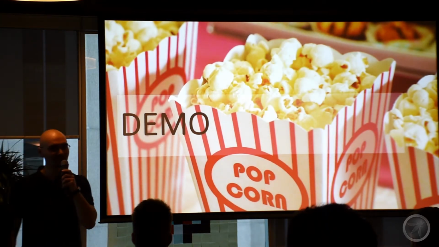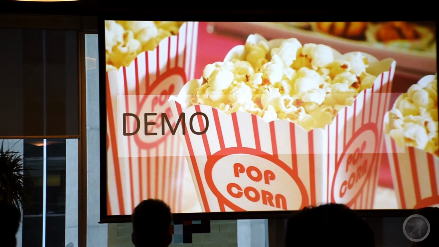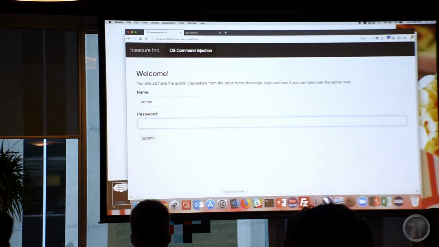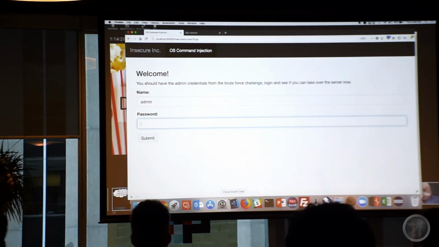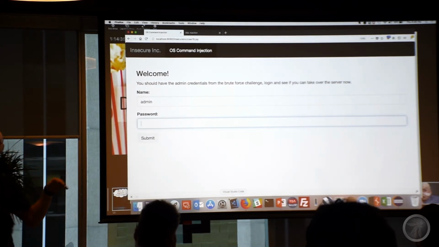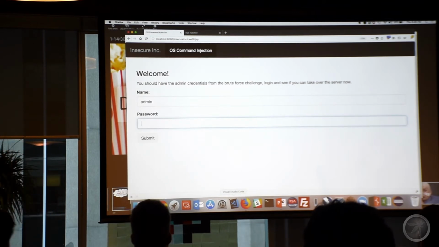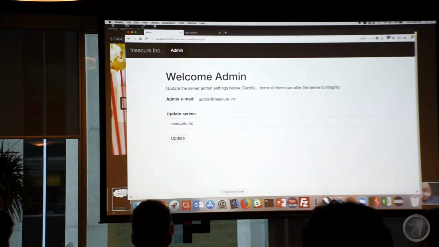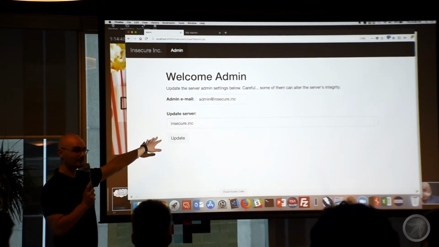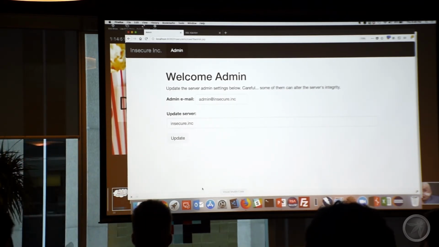So I thought I should give you a little bit of a demo. We're going to start with command injection. This website here allows me to log in and change the application settings to download from a different update server. Right, so you have the server settings below, and you have the update server right here, okay? And when I hit update,